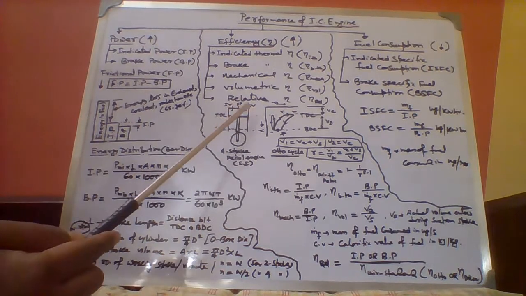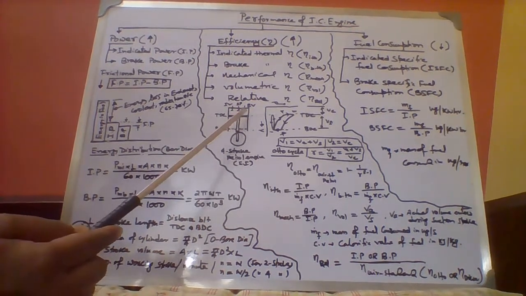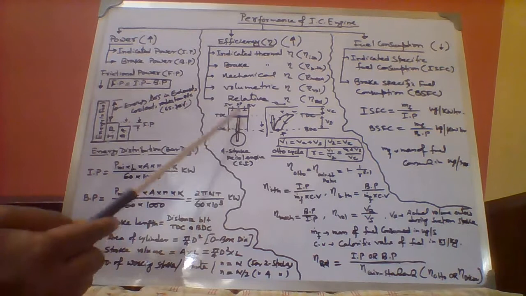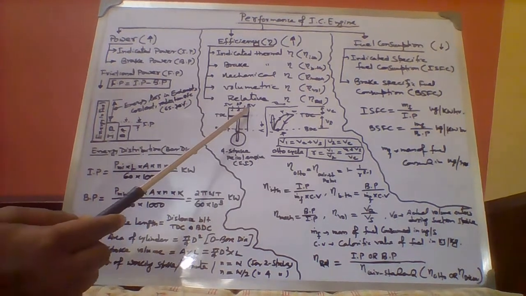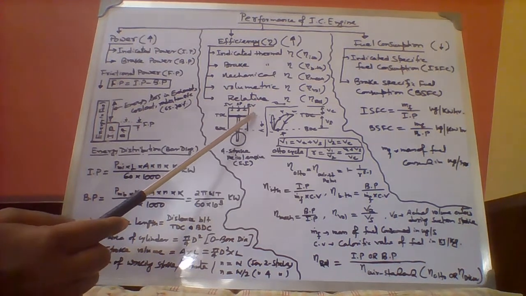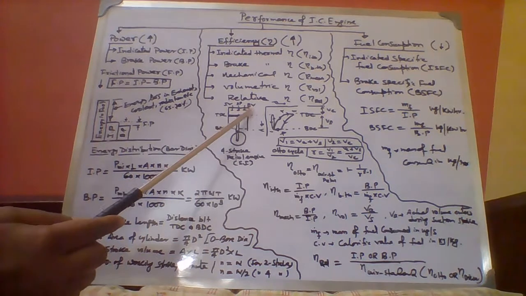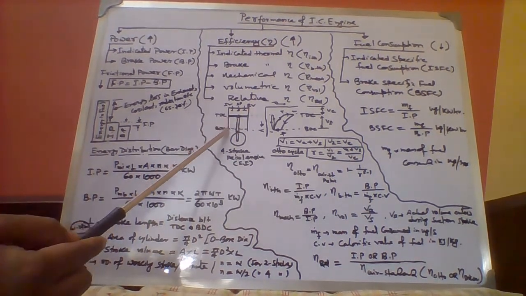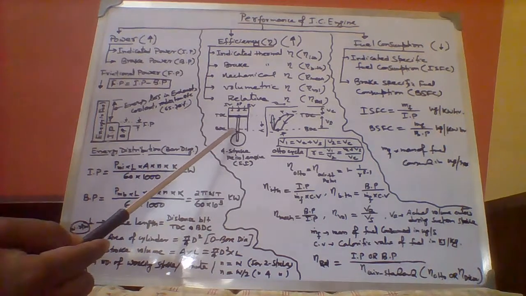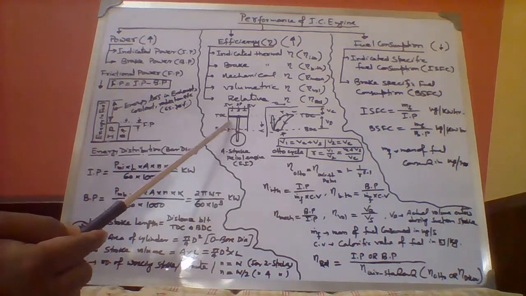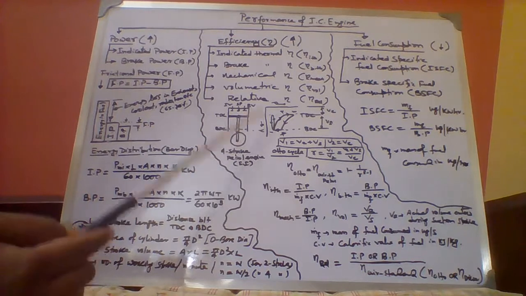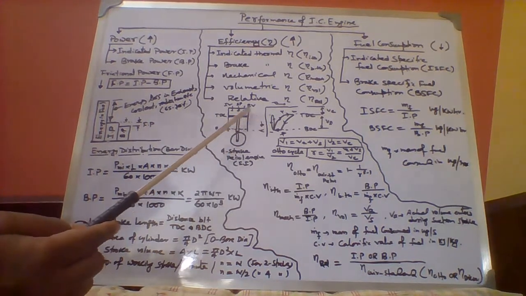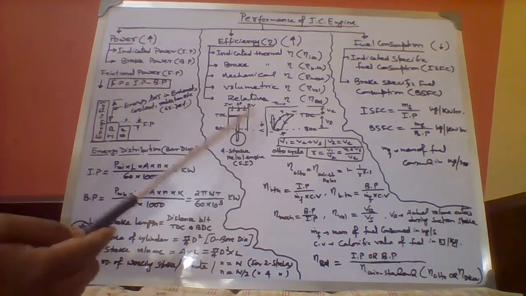So here you can see, within the cylinder, the piston is trying to move in the directions. The space in between the cylinder head and the piston at TDC is known as clearance volume, indicated by V suffix C. The space in between TDC to BDC is basically known as stroke volume, or the volume remaining in between TDC to BDC is known as stroke volume. And we have already learned what the different strokes are.